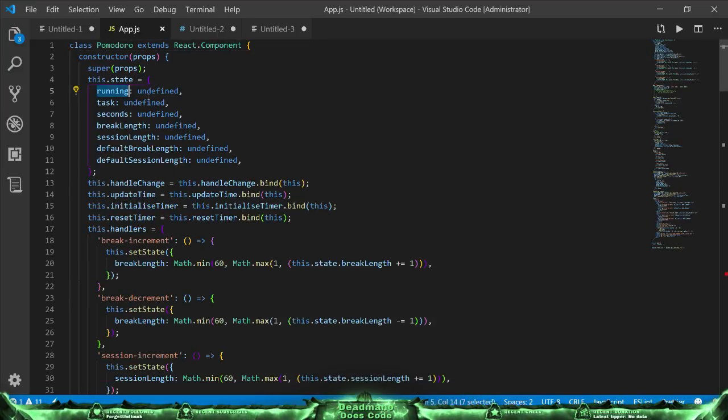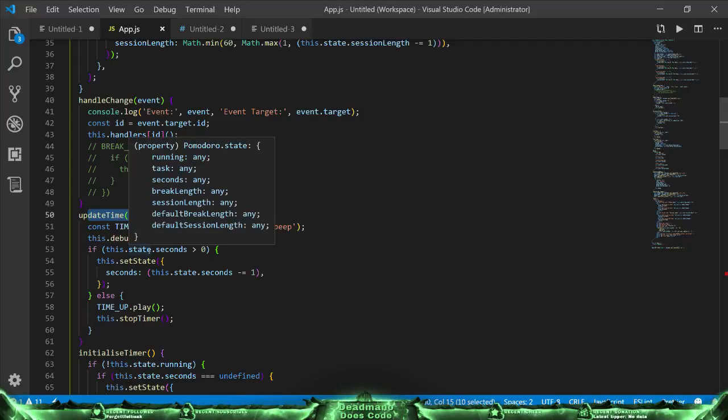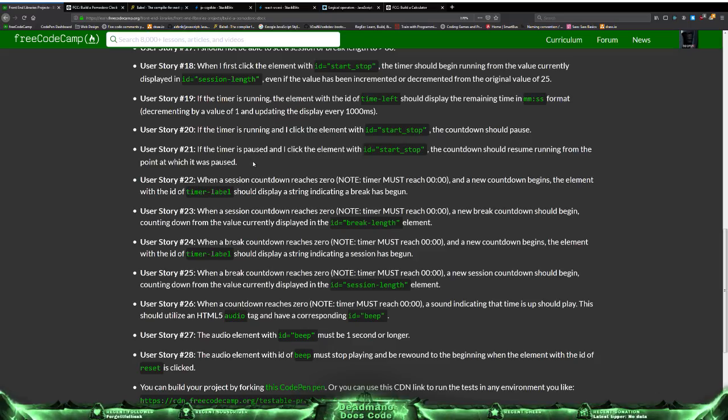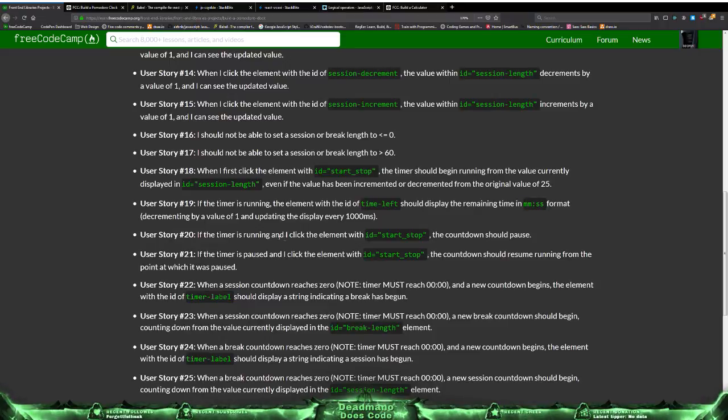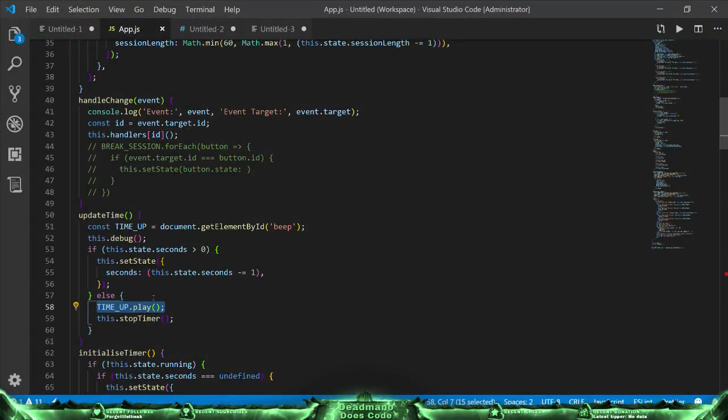So we have running, true. Oh, we could just check what the current task is, right? So when we update time, this needs to indicate, so when the time is up, we do play a sound, don't we? Where's the little sound thing that we had? When a countdown reaches 0. Okay, we already have that. Okay, so when the time is up,